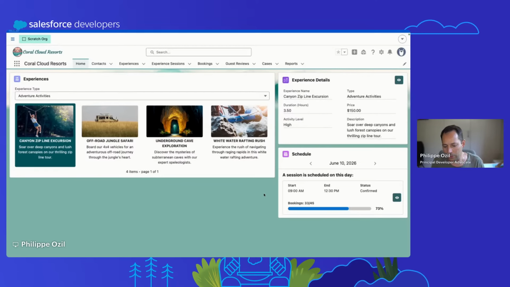And so what we're going to do today as an experiment is to provide access to this set of operations, managing bookings, canceling, etc., without using the Salesforce user interface. So that is without connecting to Nine Experience. Now, of course, we'll need to do a bit of setup before we can do this, but in the end, you will have the same capabilities as through this user interface, just through using Claude